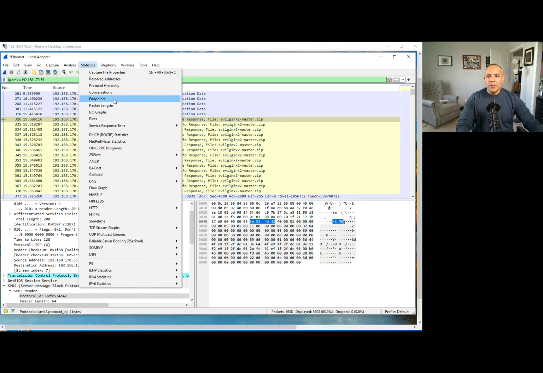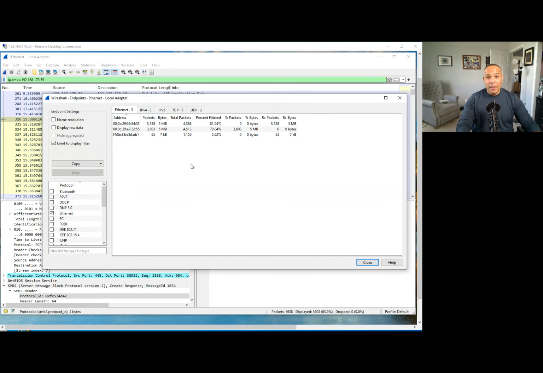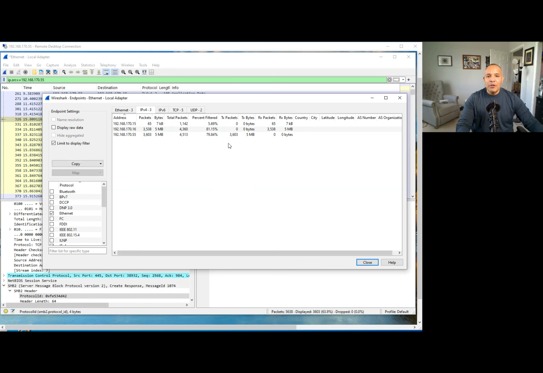You can look into the endpoints, and it's going to show you all the endpoints that participated or that were captured for that capture that took place. And you're going to see the communication here. Why is this information useful, or this menu useful? Well,